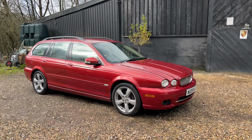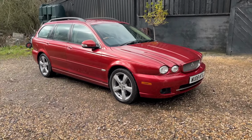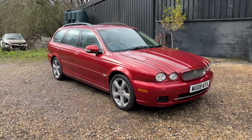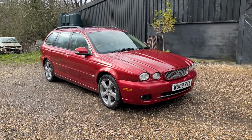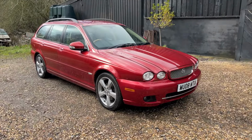Okay, so that is the final exterior cleanup now done. It wasn't the most extreme detail anyone's ever seen, of course. It was just a freshen up to make sure that this thing did have its proper coat of wax on it and everything was ready to be photographed and therefore advertised. Yes, I've said I'm going to advertise it now,